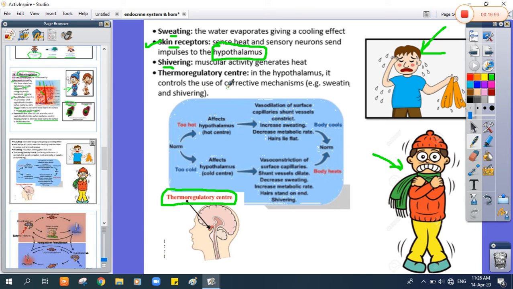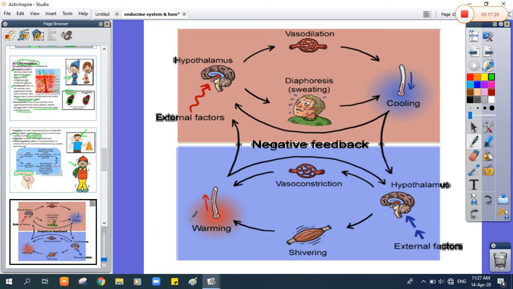It controls the use of corrective mechanisms, sweating and shivering. Okay, so the hypothalamus controlled all the properties that we discussed. Controlled sweating, controlled shivering, controlled vasodilation and vasoconstriction. Okay, here we can notice the negative feedback of the thermoregulation. Here is an external factor. The hypothalamus here